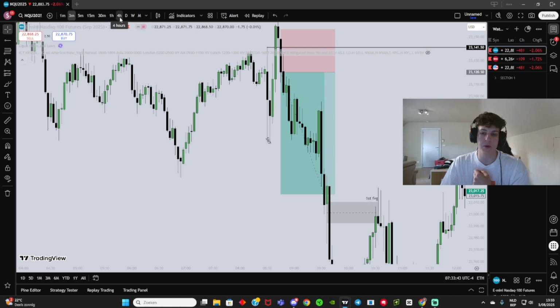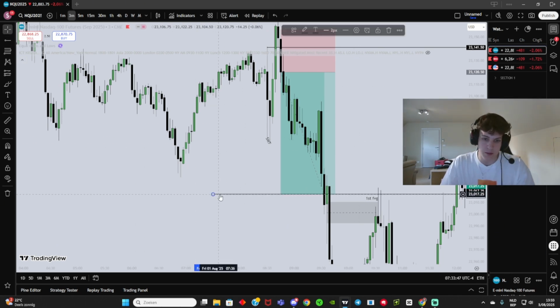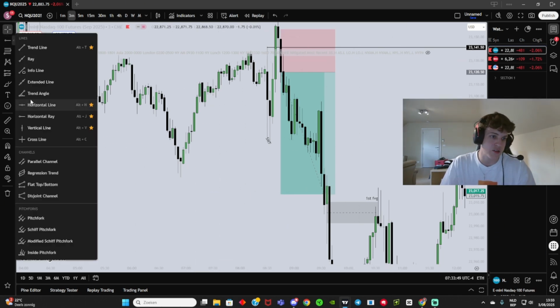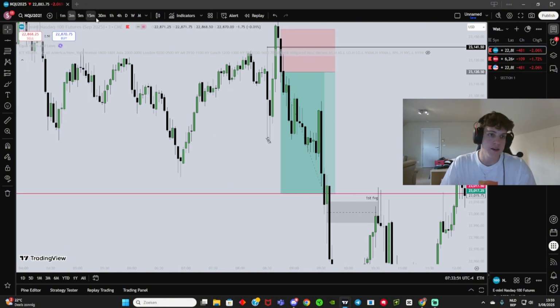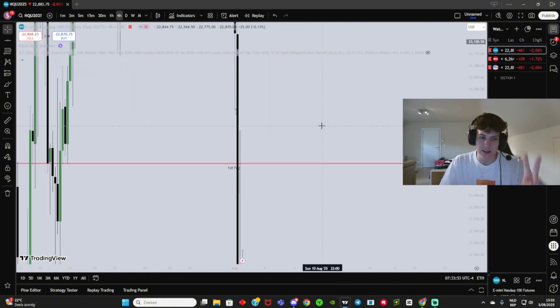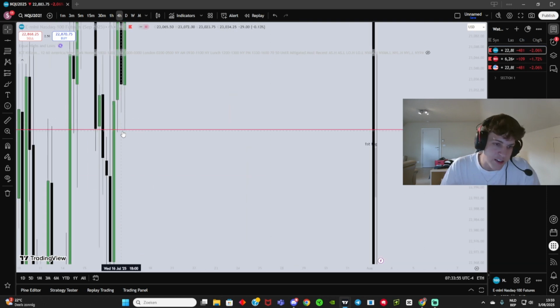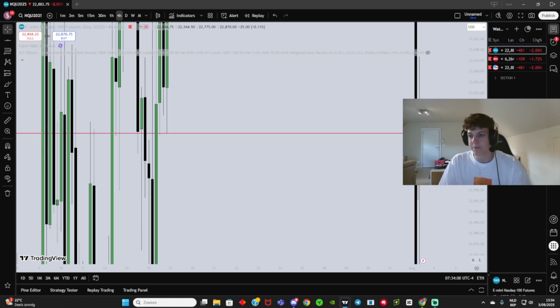Where was my liquidity points? Right here was my final TP. It was my only TP. I'm gonna place a line like this so I can check it better. Bang. Why was my liquidity there? We have relative equal lows right here on the 4 hour. So this 4 hour low